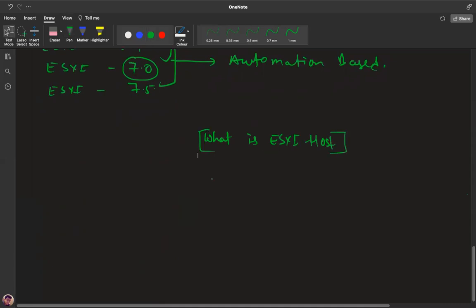As we discussed, ESXi is basically a type of bare metal virtualization, correct? It means we can install this operating system directly on the base machine.